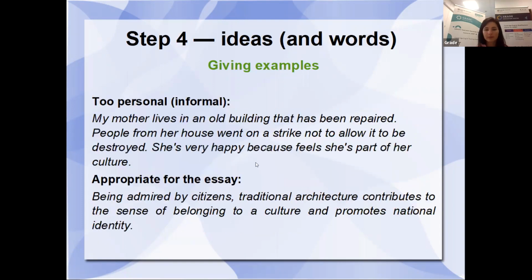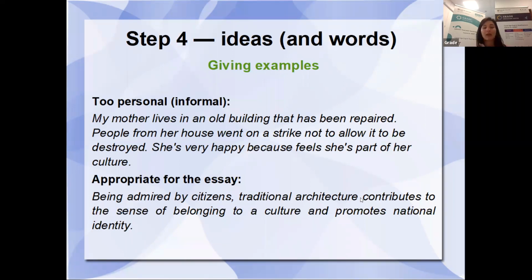So let's have a look. Here, there are two examples, the same that you have already read and the one which is better. Being admired by citizens, traditional architecture contributes to the sense of belonging to a culture and promotes national identity. Remember guys that this is an example. It's not a topic sentence in a body paragraph. It's not a reason, it's just a detail already. So as a detail, it's okay even without mentioning money. This is just praising traditional architecture and justifying the fact that it should be there. We should not